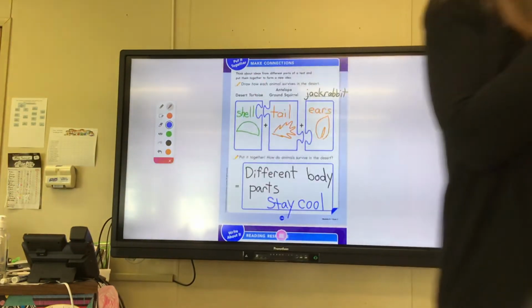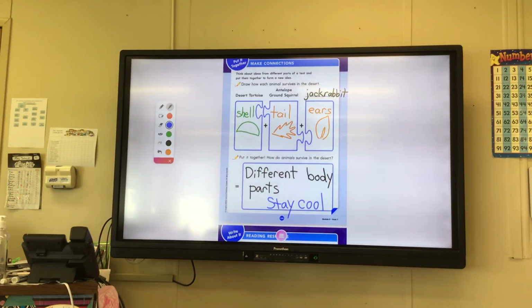Yes, Aiden. How do cactuses grow without water? Well, cactuses are special plants. Remember when we learned in science about cactuses? What do you remember about them, Jack? They store water inside. They store water inside, so when it rains, remember, it barely rains, less than 10 inches of rain a year. When it does rain, the cactus stores the water inside of it. So that is how